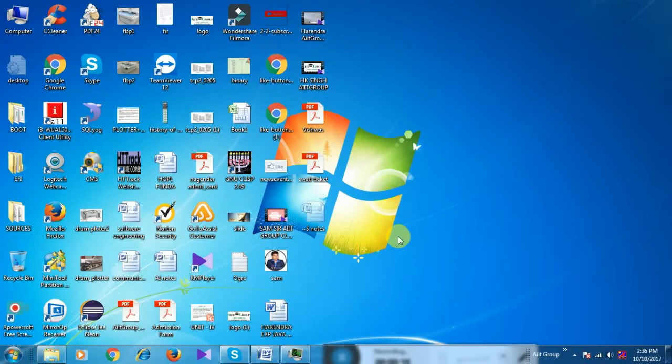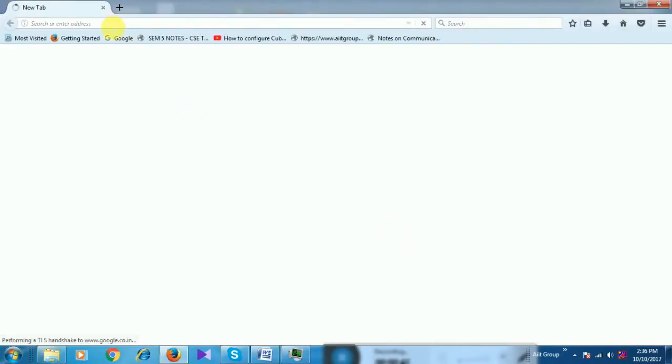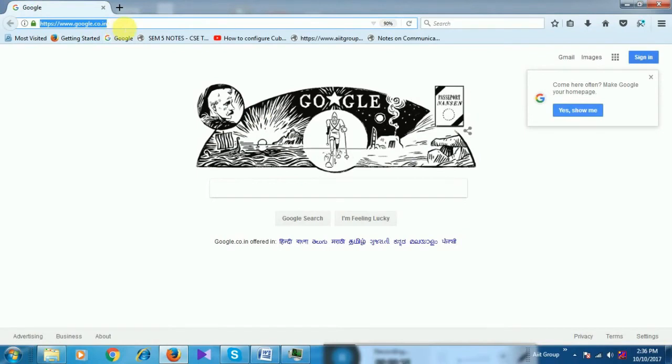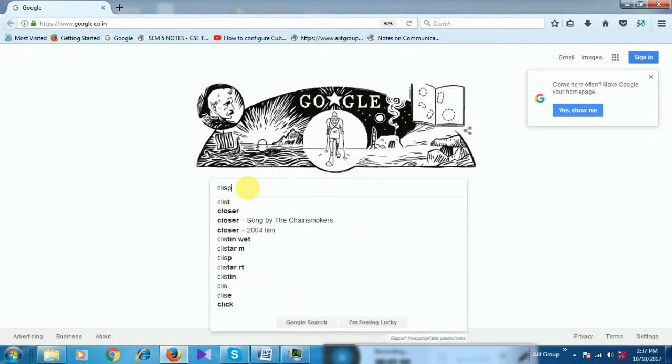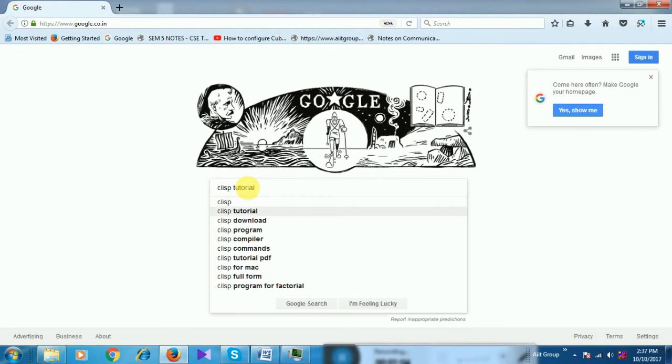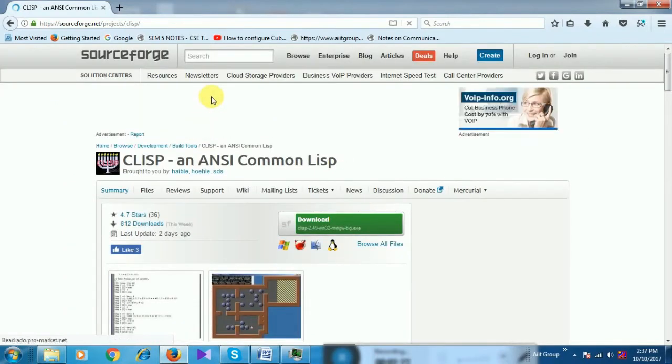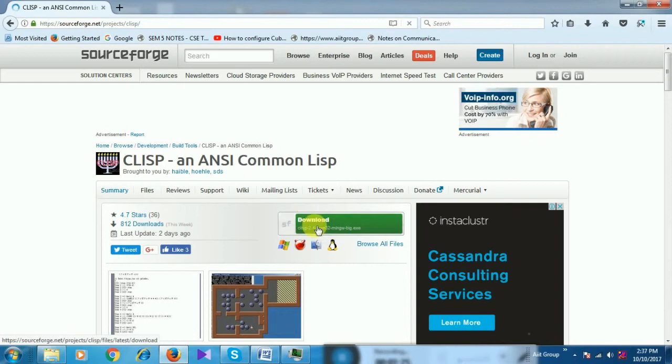All the CLIPs. Go to the URL and type in SourceForge.